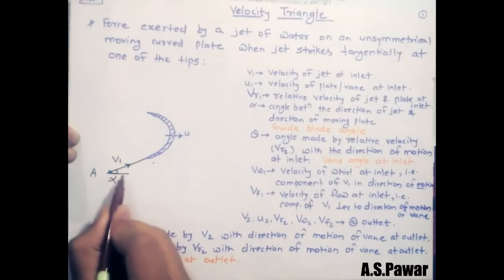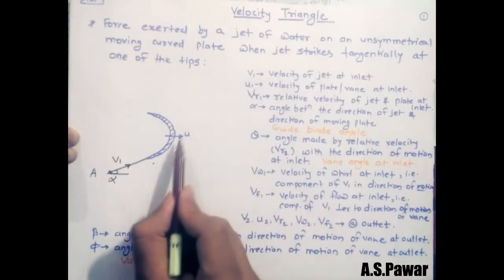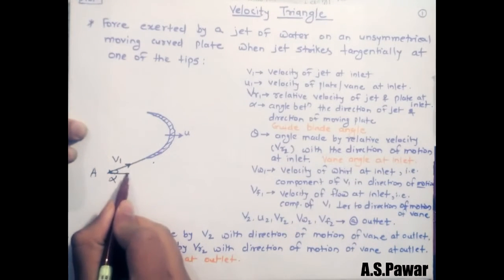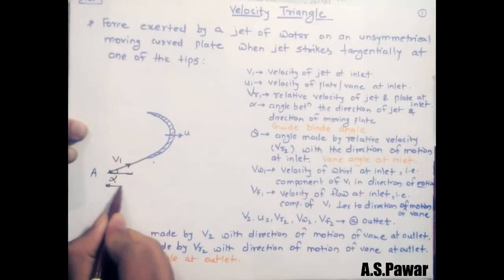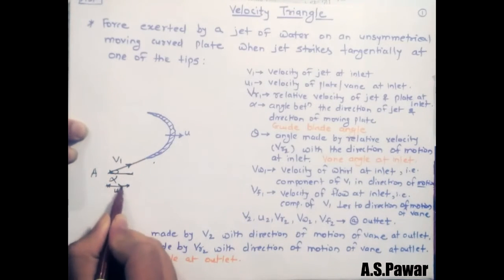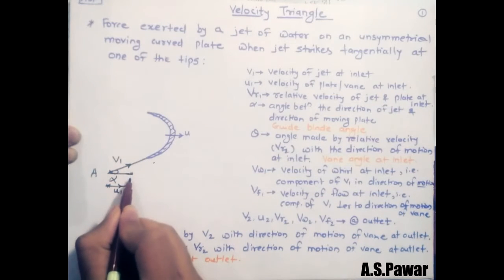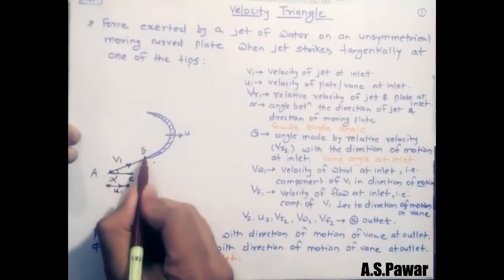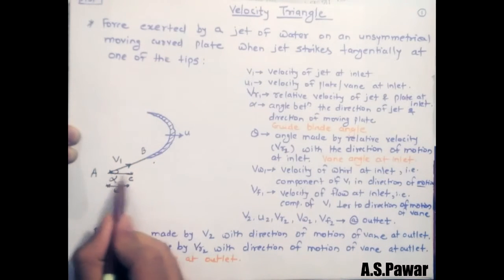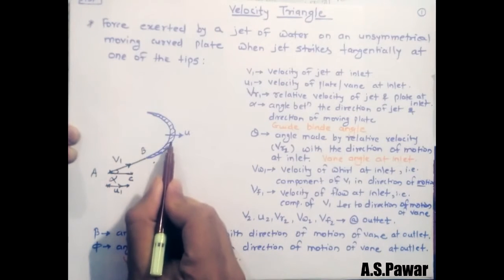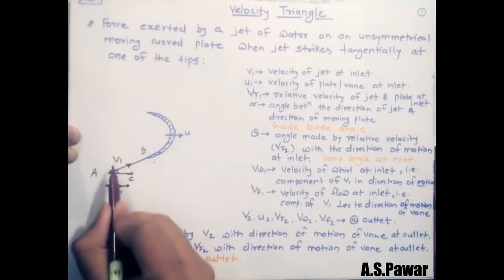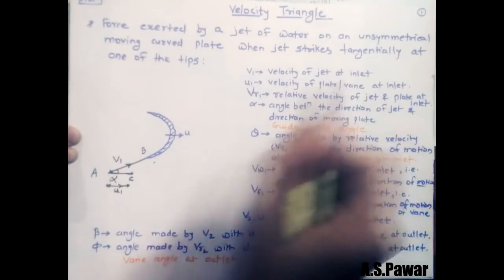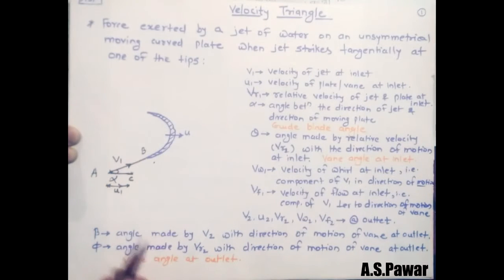Okay, so now we are going to consider u1. u1 is the velocity of this plate which is moving in forward direction. So I am going to consider up to this point. Suppose this magnitude is u1 and it is in forward direction. So this is the point. Suppose I'll name that point as point C and this point as point B, so as to understand the different things. So this is the velocity vector which is representing the velocity of this moving plate, and this is the velocity vector which is representing the velocity of jet. Okay, so v1 and small u1.